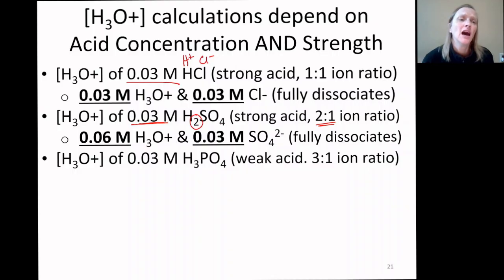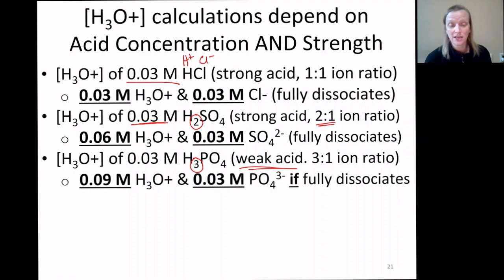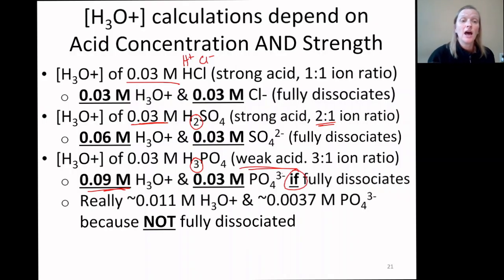Now, the hydrogen ion concentration of phosphoric acid. Phosphoric acid is a weak acid, so it does not fully dissociate in water. So even though it looks like I should have a triple concentration of hydrogen ions, you don't actually achieve that. That's what you would have if it fully dissociated, but it does not fully dissociate. And in reality, what you have is a concentration of about 0.011 molar